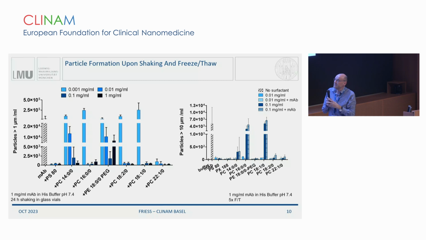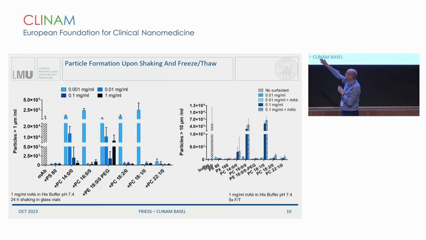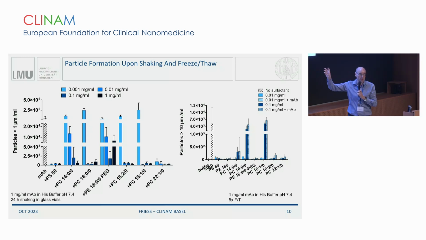So good is if you don't use the MAP at all, that's bad. Good is the polysorbate, and also good are the higher concentrations of the phospholipids, except for the pegylated version. It did not work as well. And you also see the concentration-dependent effect: if it's above the critical micelle-forming concentration, then we see the effect